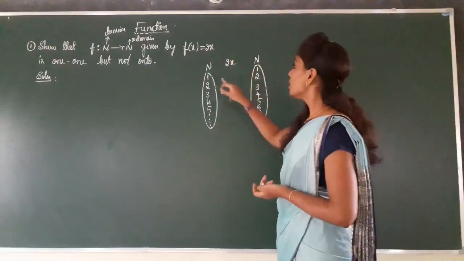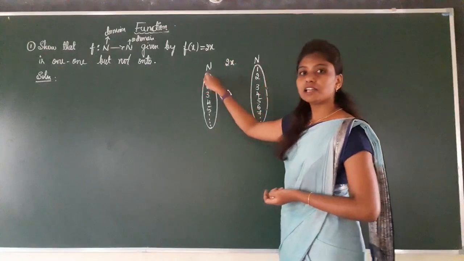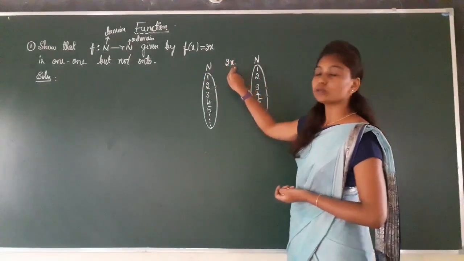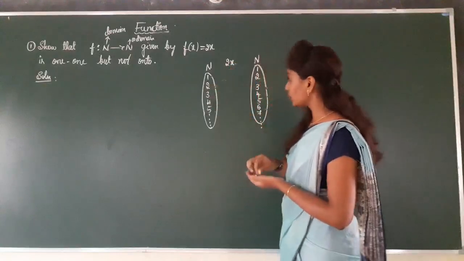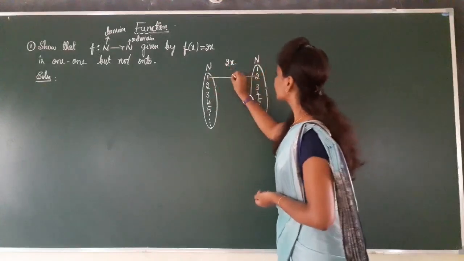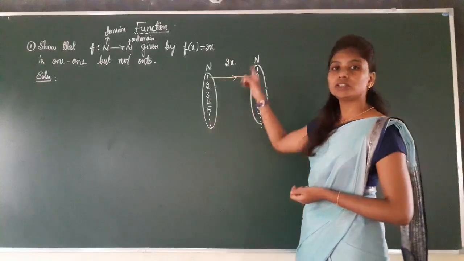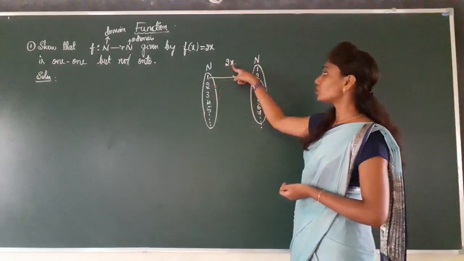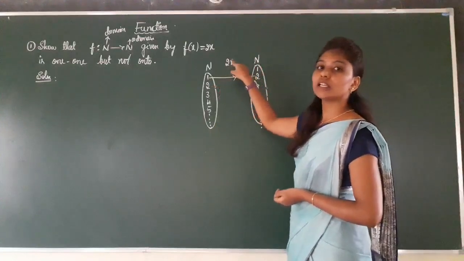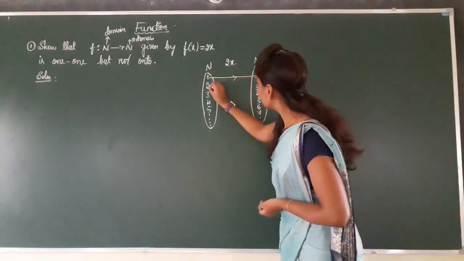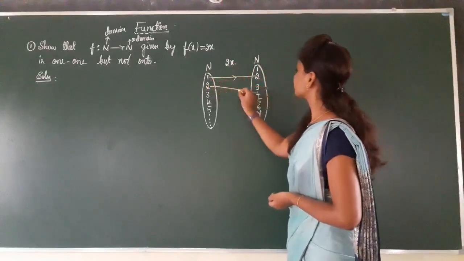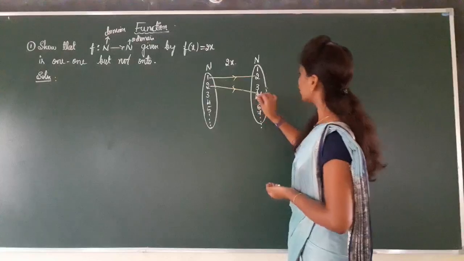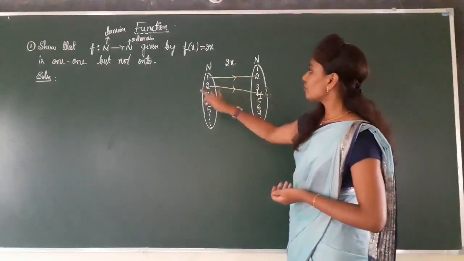If you put element 1 into the function, what do we get? 2 into 1 is 2, so 1 is mapping to 2. If we put the second element, that is 2, we get 2 into 2 is 4, so 2 is mapping to element 4. Okay, now if you substitute 3